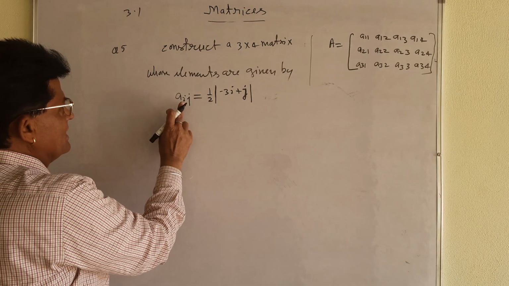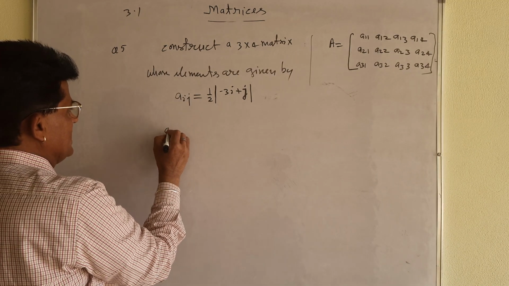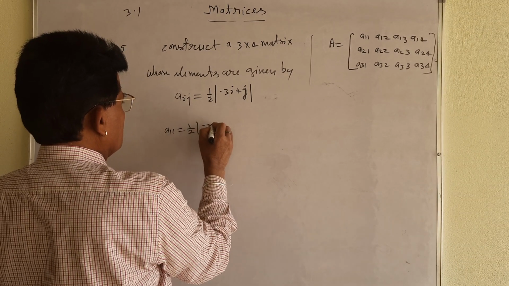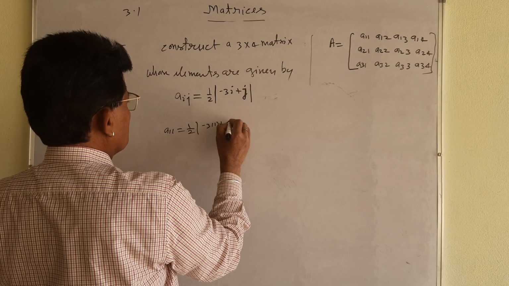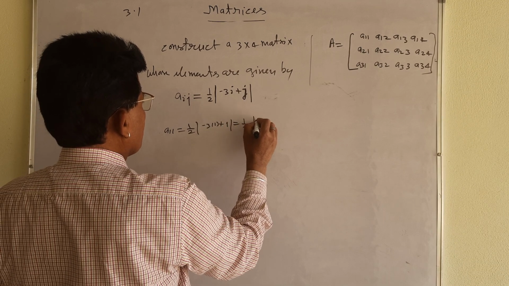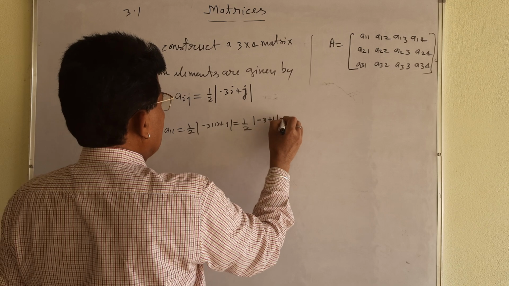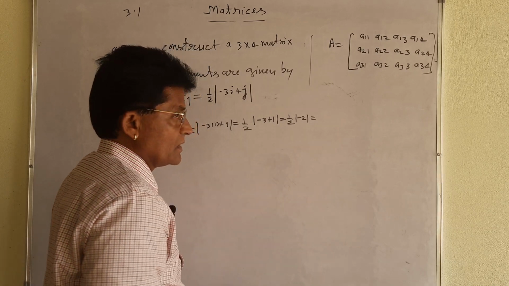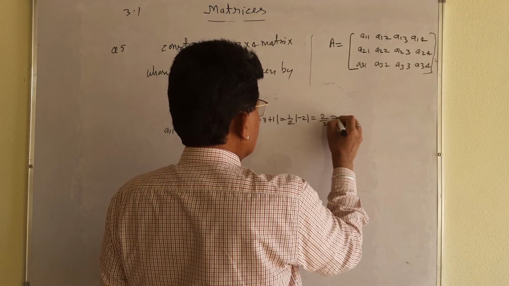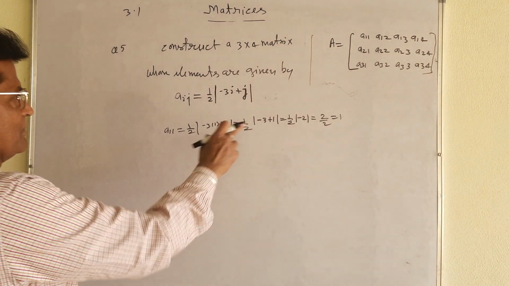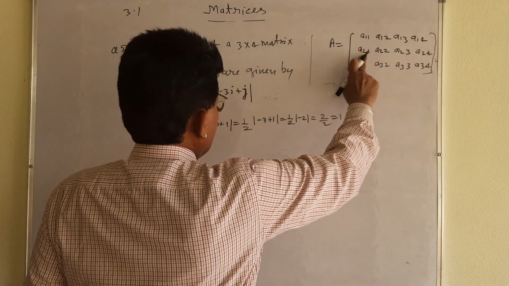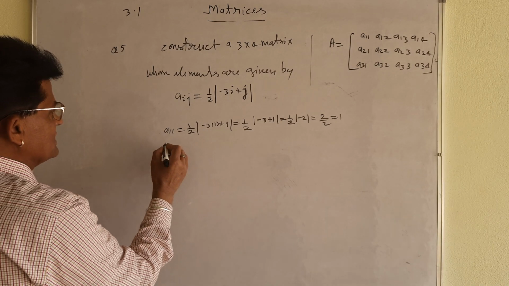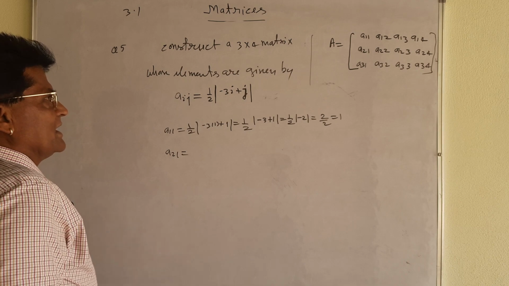सबसे पहले देखो, I की वैल्यू 1, J की वैल्यू 1, मीन्स A11, 1 by 2. लिखिए यहाँ पर I1 J1 minus 3 और 1 plus J that is also 1. देखिए कितनी आ गई भाई? Minus 3 plus 1 and it will be equal to 1 upon 2, absolute value of minus 2, that is 2 positive, 2 by 2, that is 1. देखिए इस तरह से वैल्यू निकालनी है आपको. नेक्स्ट निकाल दीजिए. चलिए सबसे पहले कॉलम की वैल्यू निकाल देते हैं. कॉलम या फिर रो की वैल्यू चाहे तो रो की वैल्यू निकाल सकते हैं. A21 क्या आ गया भाई बताइए?